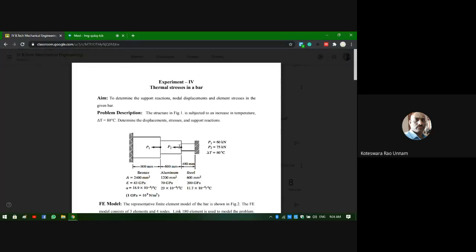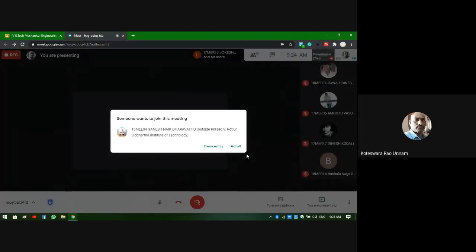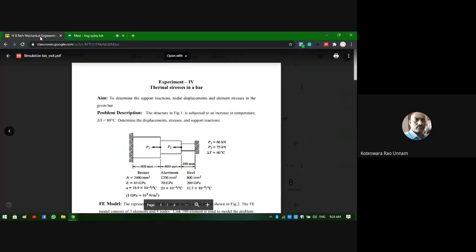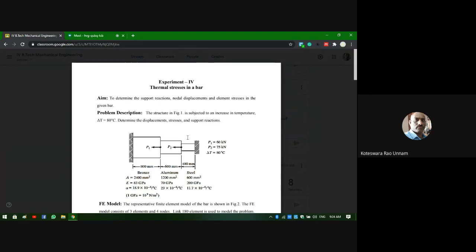So these P1 and P2 are point forces. Sometimes we may have traction forces also, where the forces act only over certain surfaces. But in this particular problem, we have a body load, that is the temperature load, and you have 2 point loads. Once you've done that, the remaining process is simple. You apply the constraints and loads, then you need to solve it.